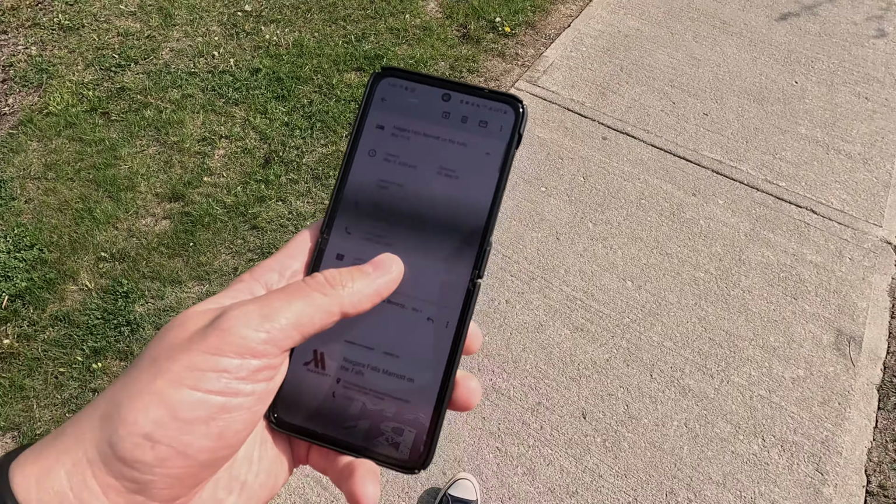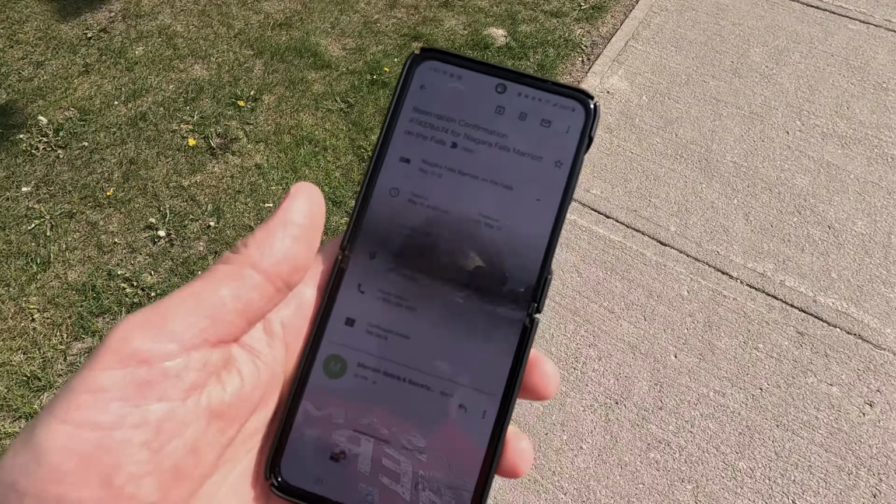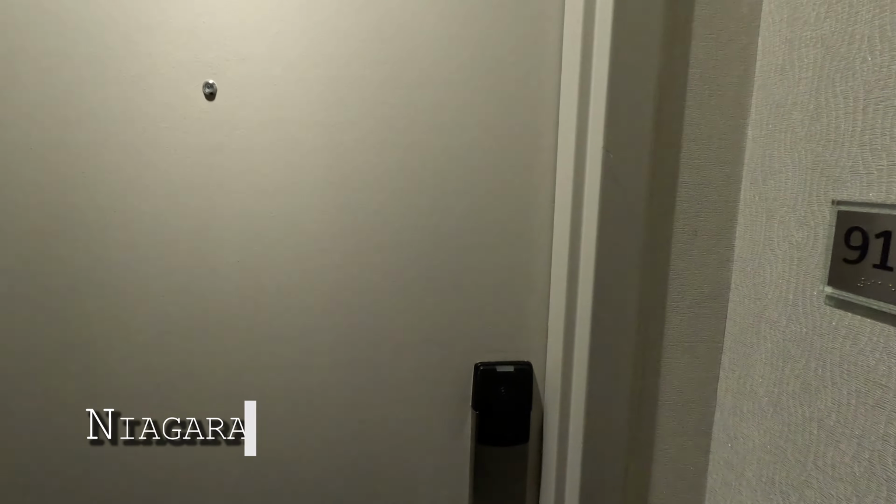Okay, so it looks like check-in is now available, so I'm just gonna head over, pick up the car, and then I can go and check into the hotel. Okay, let's...